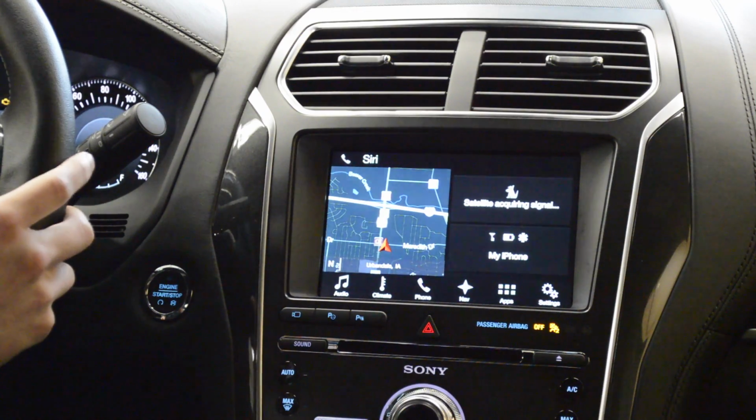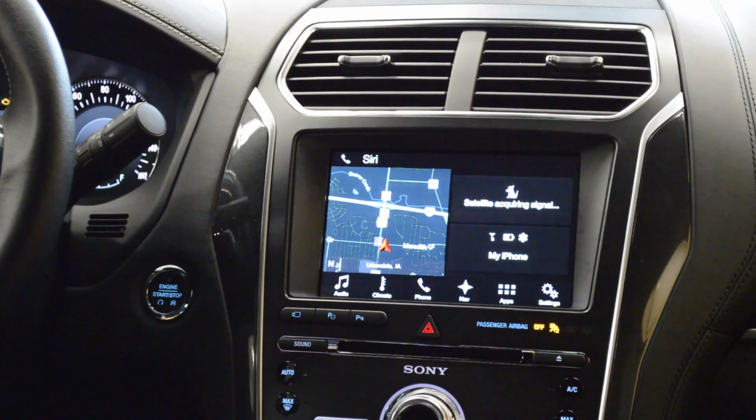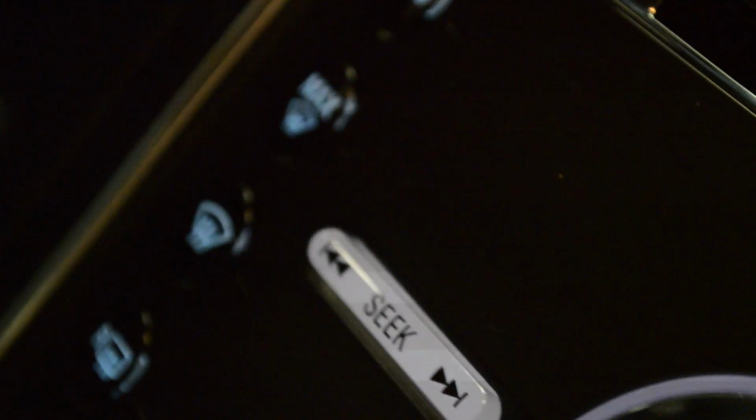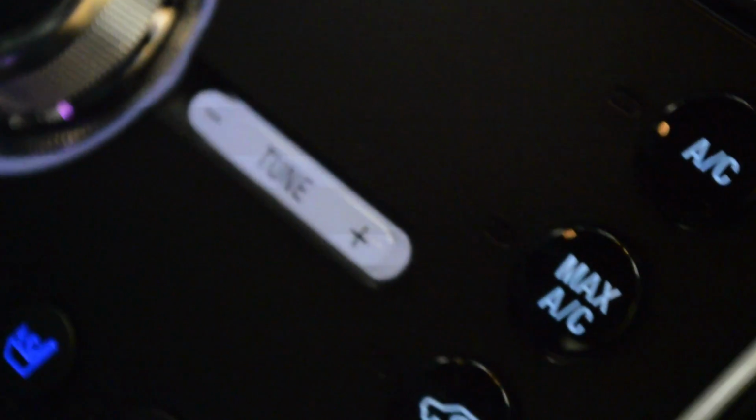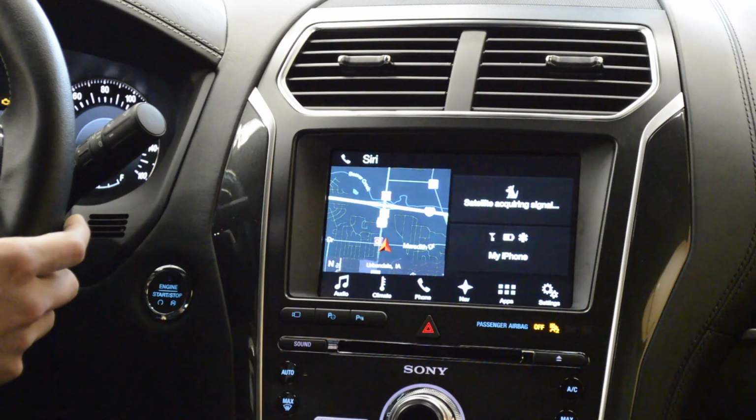And then you can also ask Siri things like this that you wouldn't be able to through the vehicle. Tell me about Ford. I found something about Ford Motor Company on Wikipedia. Do you want me to read that to you? Yes. The Ford Motor Company, commonly referred to simply as Ford, is an American multinational automaker headquartered in Dearborn, Michigan, a suburb of Detroit. It was founded by Henry Ford and incorporated on June 16, 1903. The company sells automobiles and commercial vehicles under the Ford brand and